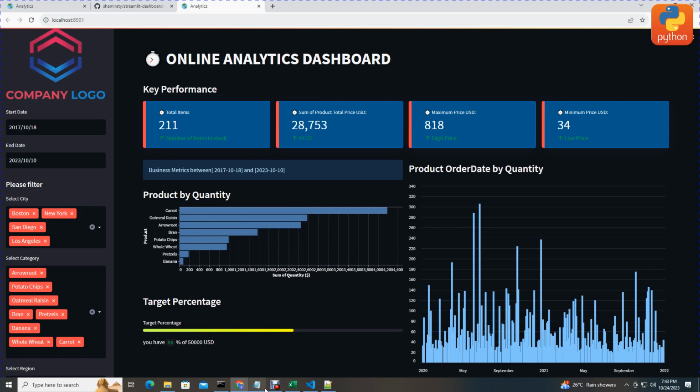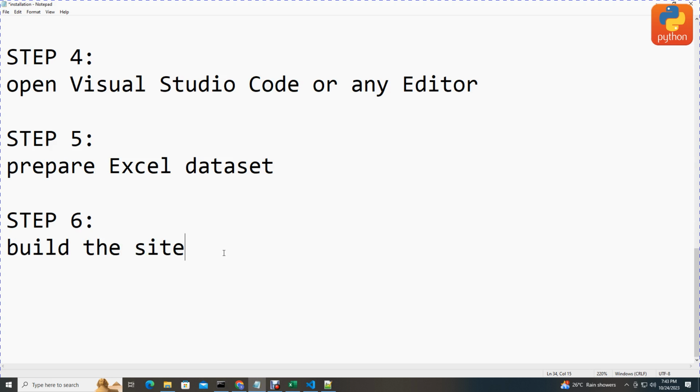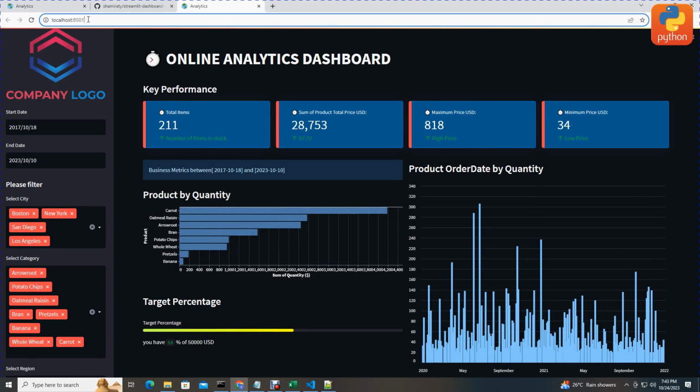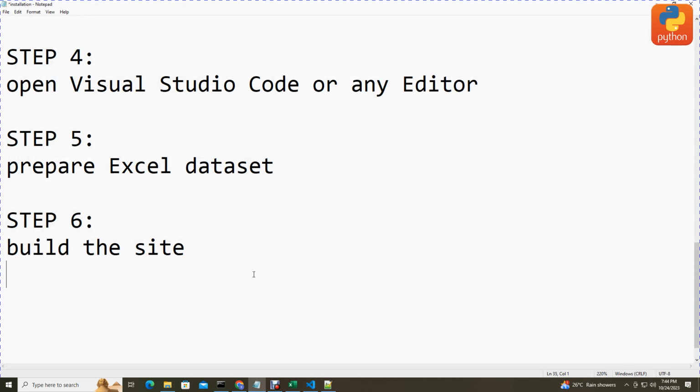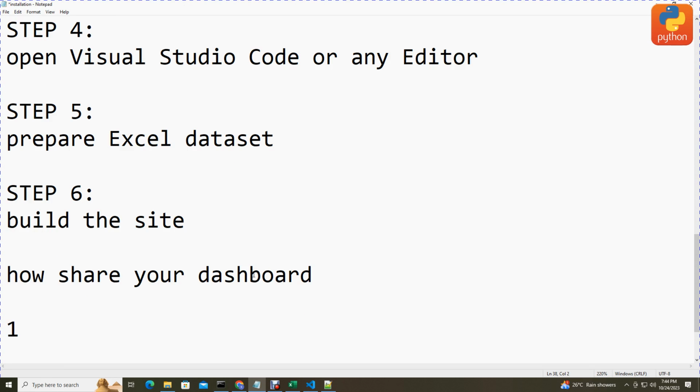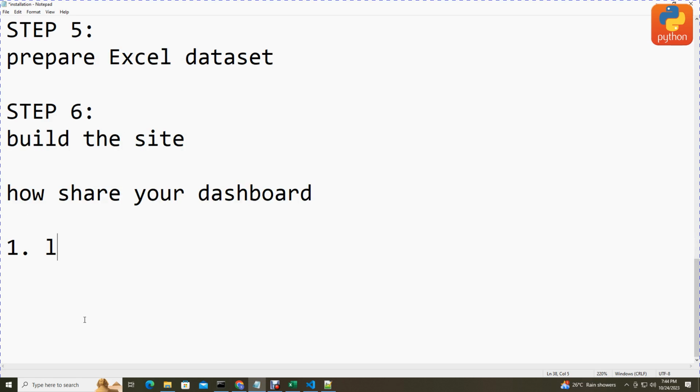So now how to share hii data, how to share ili watu waweze kuiona. Okay, how to share. So hapa ningekuja kuandika kwamba how to share your dashboard. So way ya kwanza ni kutumia